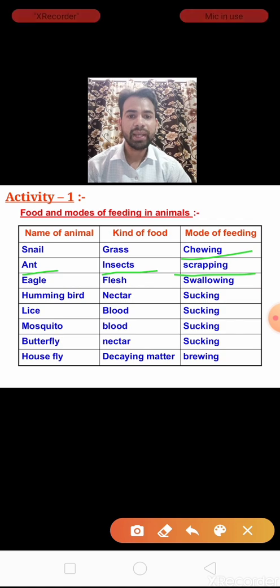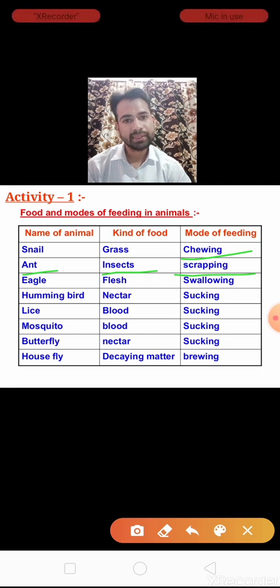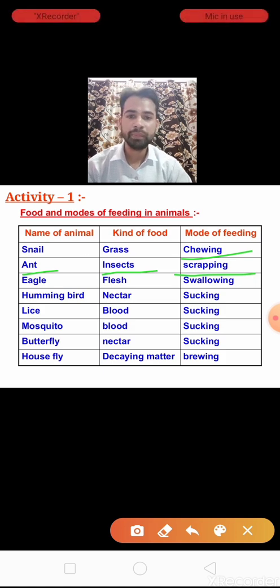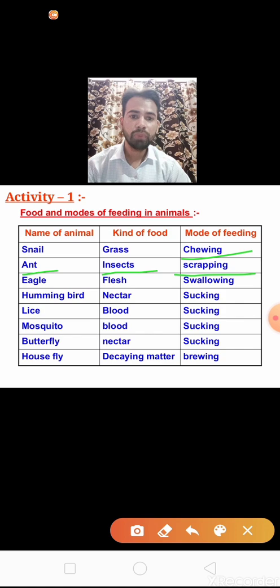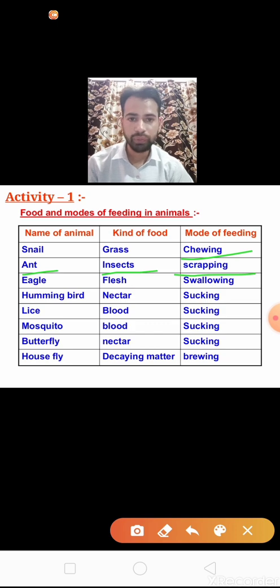Hummingbird takes nectar as food and the mode of feeding is sucking. Okay, same like this you have to take 7 animals, and in front of them write their kind of food and mode of feeding. Okay, children, so this is homework and an activity for you.